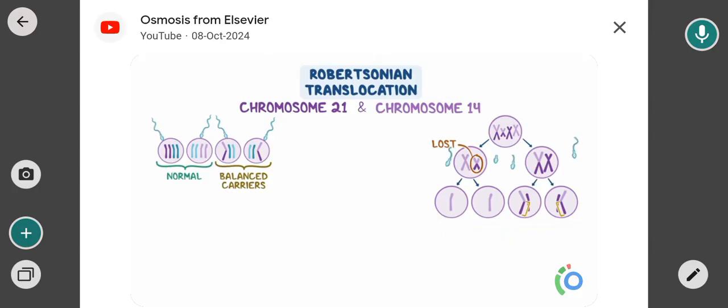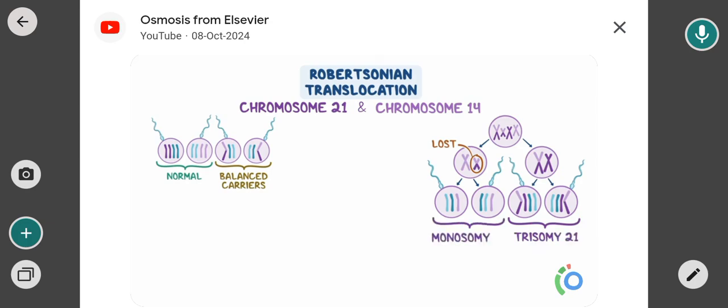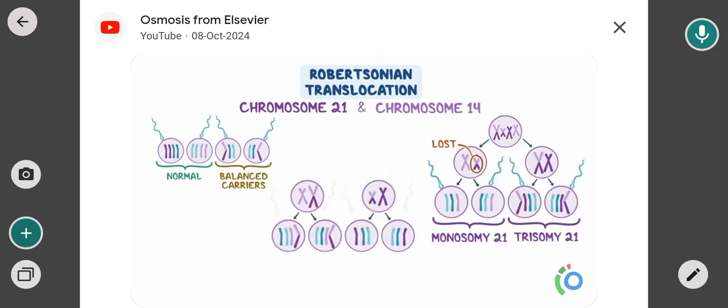Now combine these with the other parent's again, and you have trisomy 21 here, and monosomy 21 here, since it's missing a chromosome 21. If this process was switched such that chromosome 14 ended up with the long chromosome first, then you'd ultimately